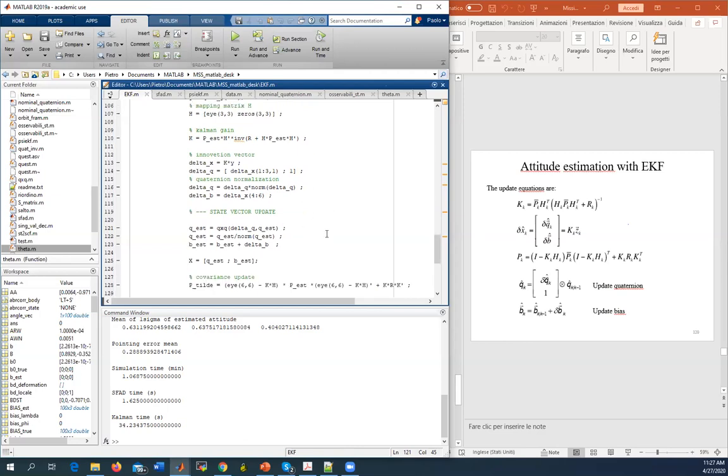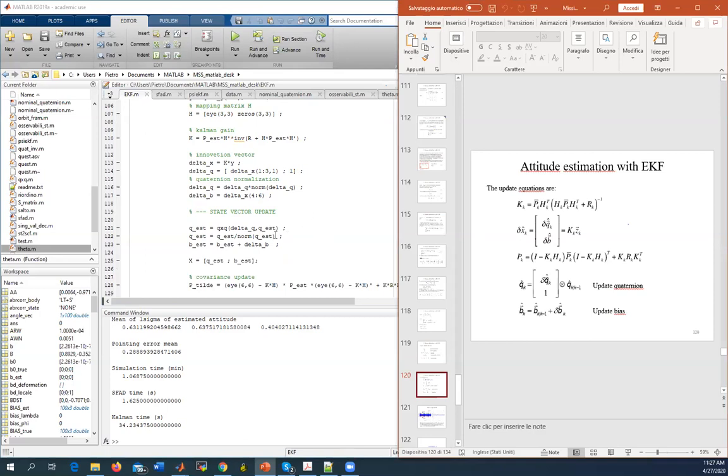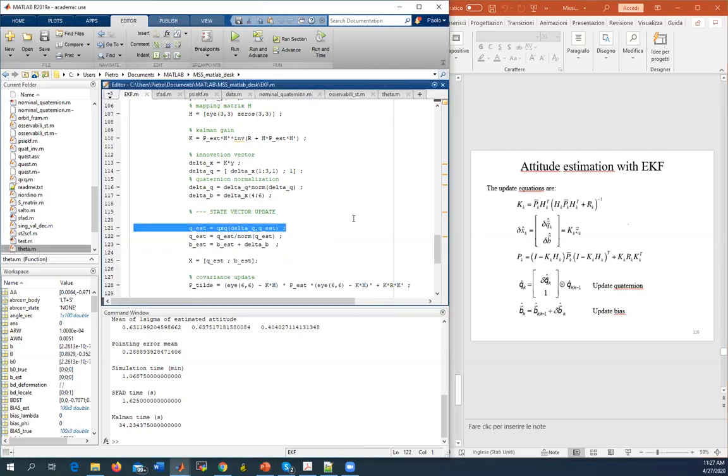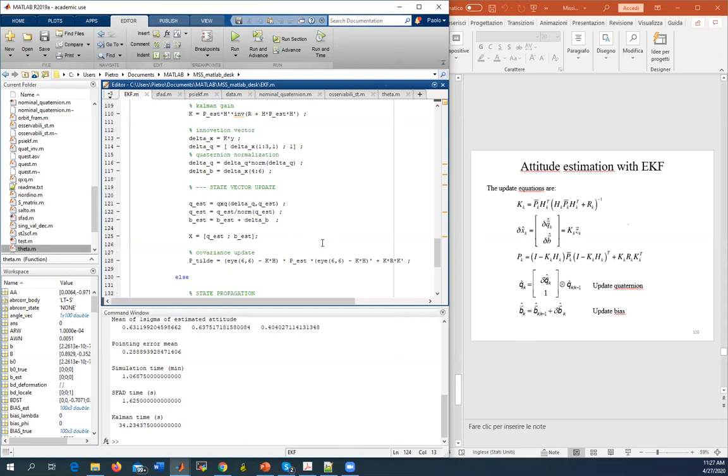This way you can update your quaternion by doing this product, as you see from the slide, and basically iterate the process to the next instant in time, to the next time step. And here is the innovation of the covariance matrix, which here is called tilde, but it does not